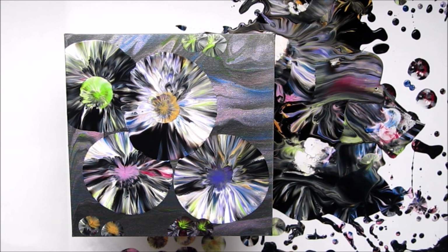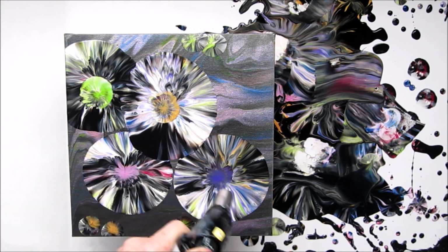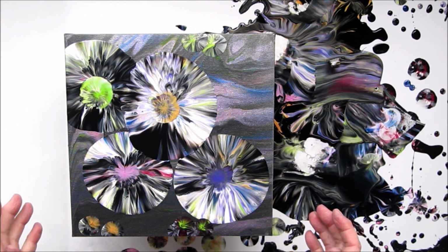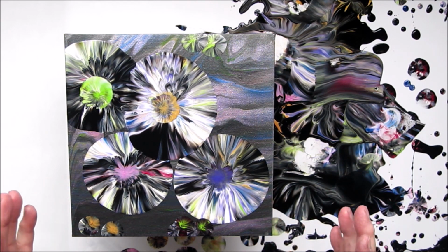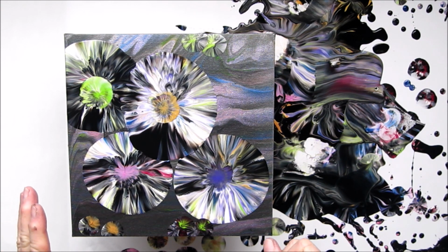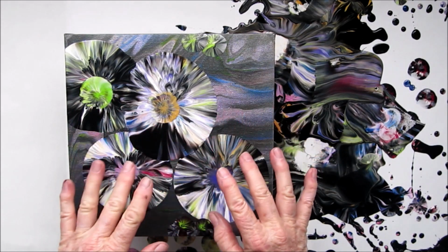Okay, that's enough playing around for me for today. Another way of doing the flowers with using a multicoloured background, and I'm very pleased with the way that's come out. I probably could have done with lighter coloured flowers, but I actually like black flowers. I wish I could grow black flowers in my garden. So I've got black and variegated colour